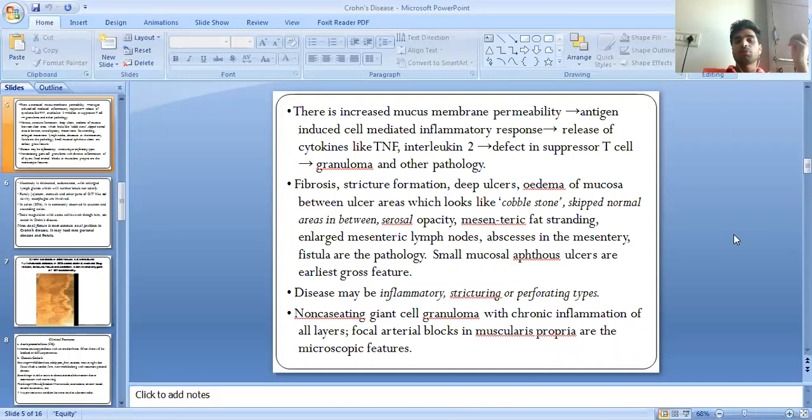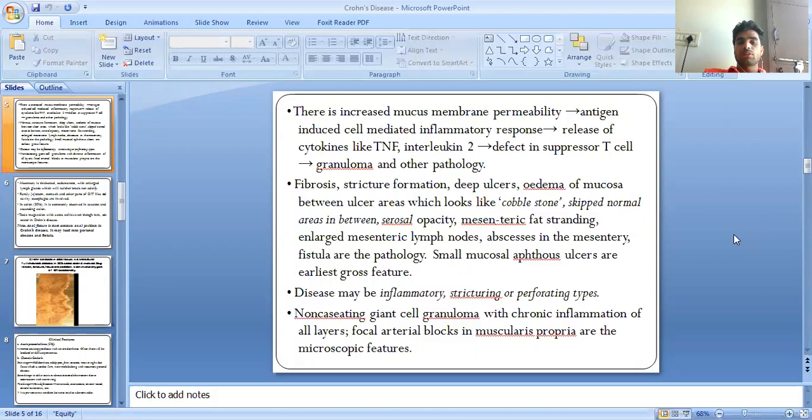There is increased mucous membrane permeability to antigen, then antigen-induced cell-mediated inflammatory responses with cytokines like TNF, interleukin 2, and defective suppressor T cells, then granuloma and other pathology. Fibrosis causes stricture formation, deep ulcers and edema of mucosa between the ulcer areas, which looks like cobblestone, with skipped normal areas